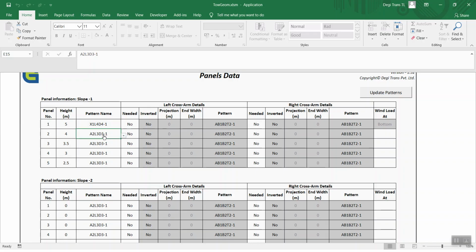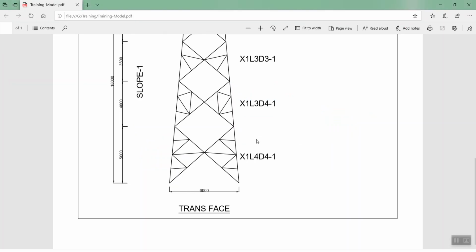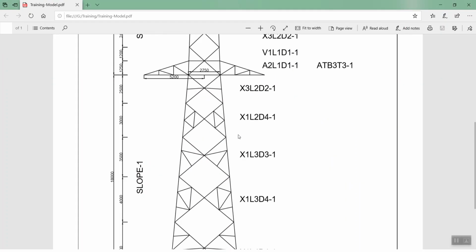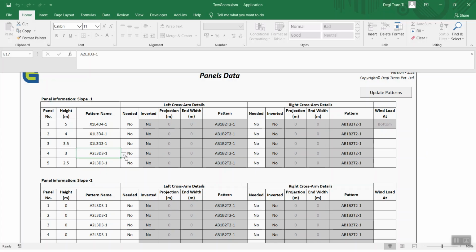Similarly, X1, L3, D4-1, and similarly X1, L3, D3-1, similarly X1, L2, D4-1, and X3, L2, D2-1.